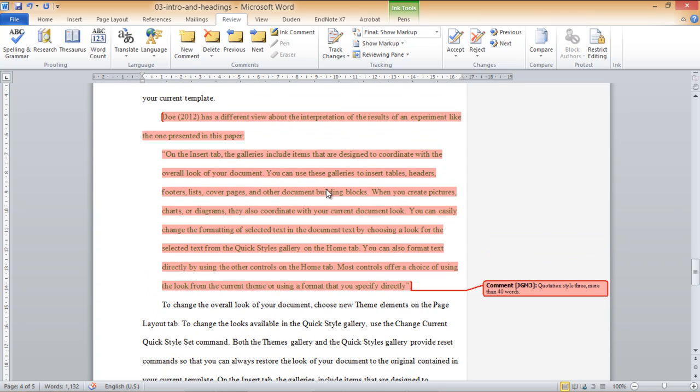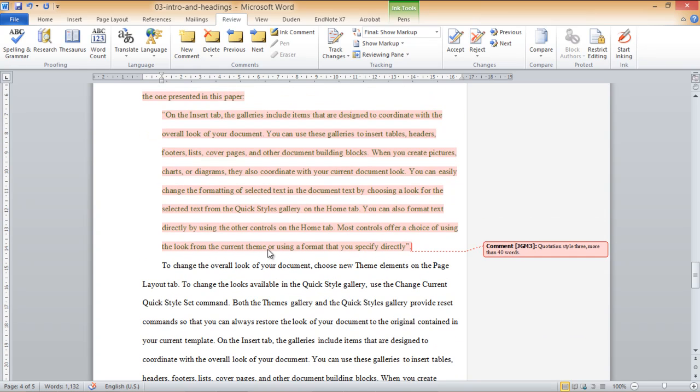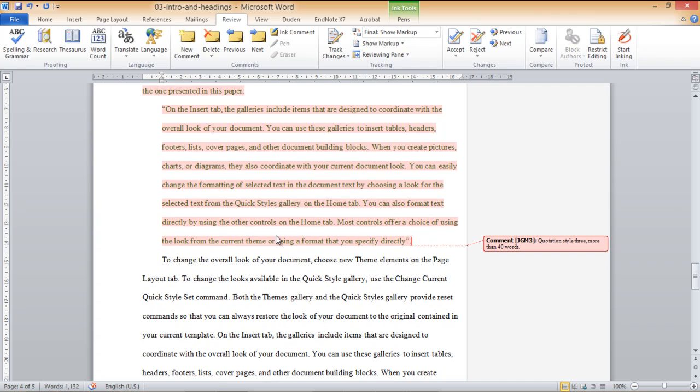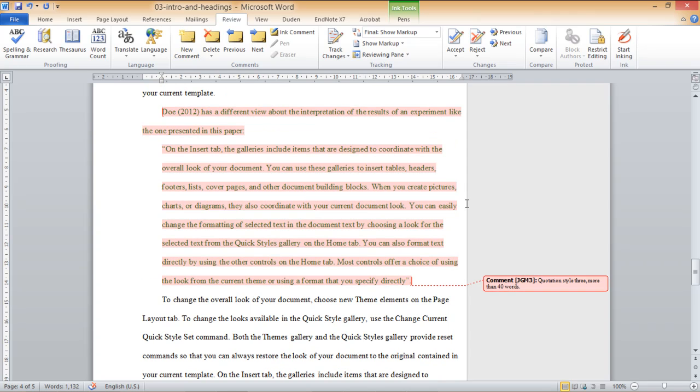So this is if you are just using one paragraph, but if you are using two paragraphs, then I'll show you later how it should look. But before, let me show you what I call quotation style 4. That is when the reference is at the end of the sentence. Now, before I forget, to add here the page number, p. 314. Now you close that.